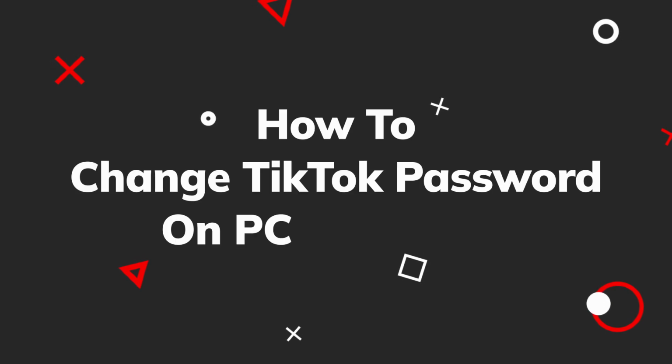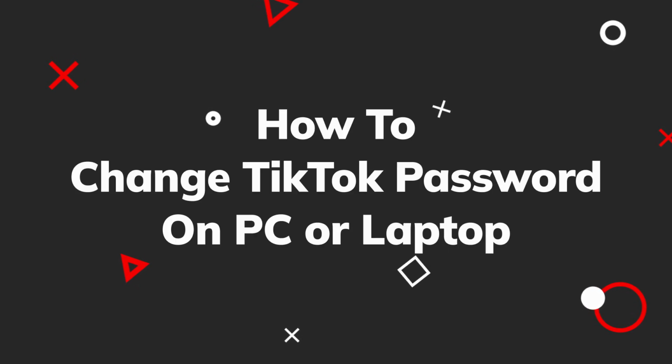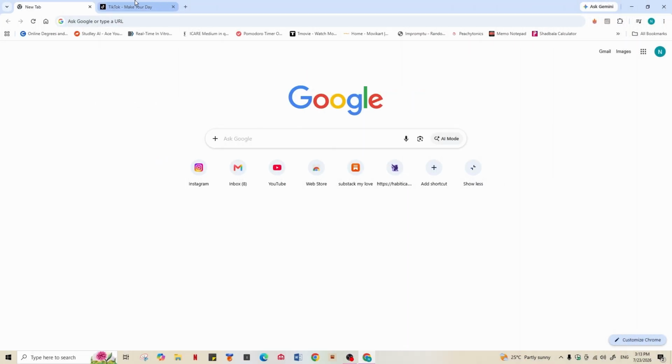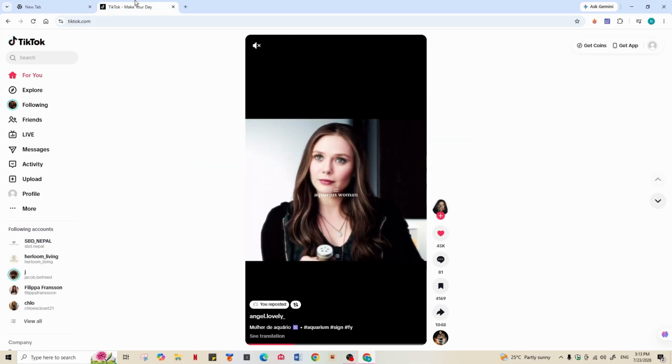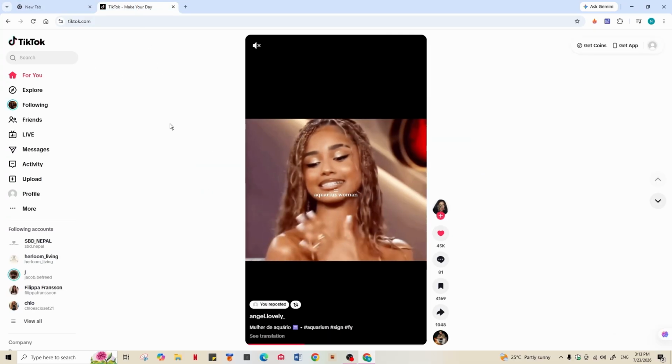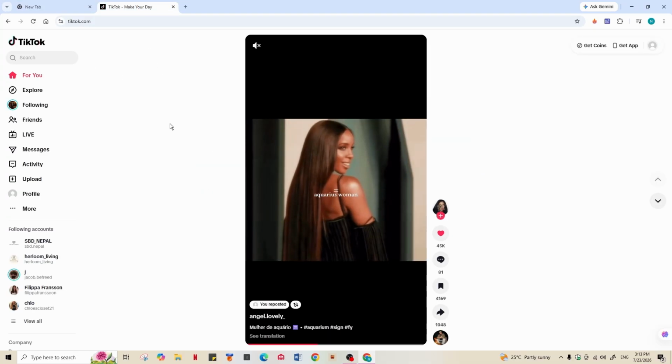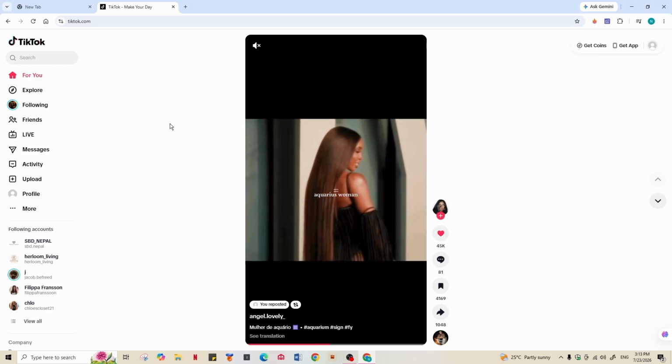Here's a step-by-step guide on how to change your TikTok password on your PC. First, you need to navigate to TikTok on your computer. You can also use the application, or you can go to TikTok.com, the website, log into your specific account, and